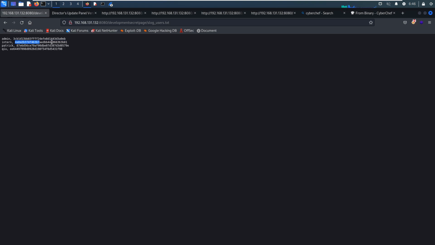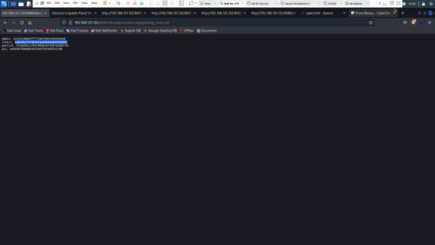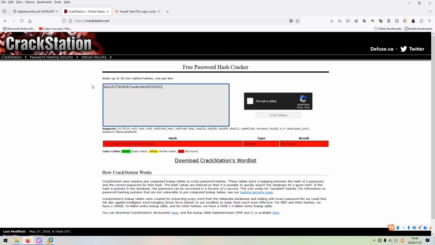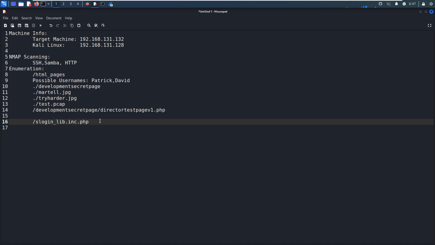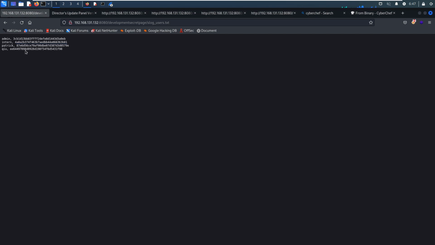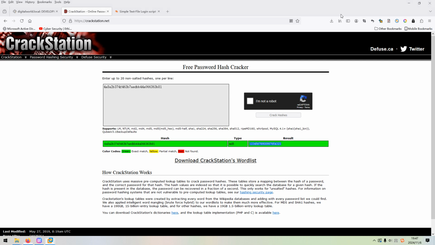So the second user, we can copy, paste over here. Crack. We got a result. So the password has been decrypted. Wonderful, right? So next, we can try this one for the Patrick user. And this user is the head of the development department.